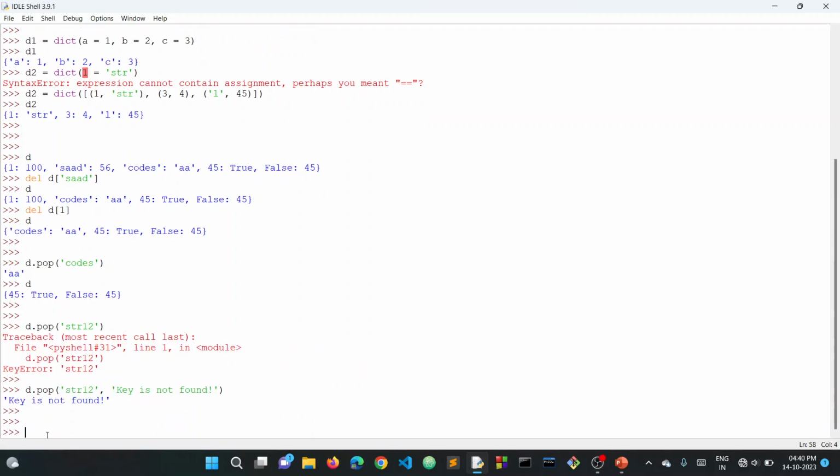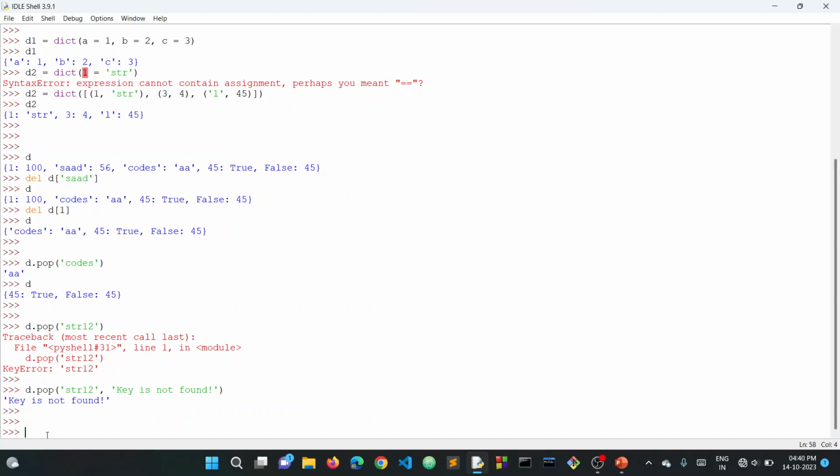So that is the thing that we can do in our pop method or function. Now for example, if you want to look at the length of a dictionary sometime, how will we do that? We can do this by using Python's len function. In the previous videos we have also used that function to know the length of a list and the length of a tuple. So in Python, the len function, a built-in function, is used to know the length